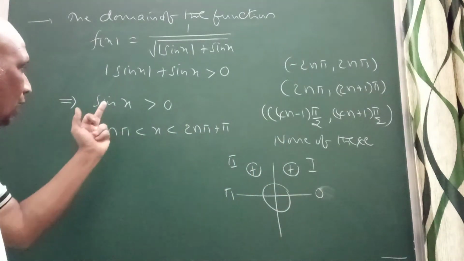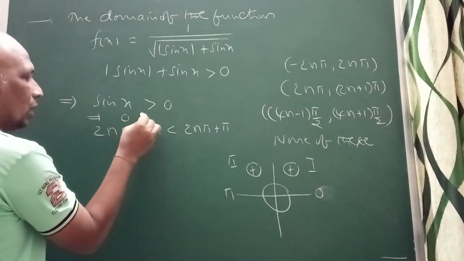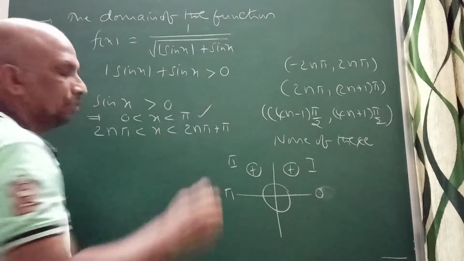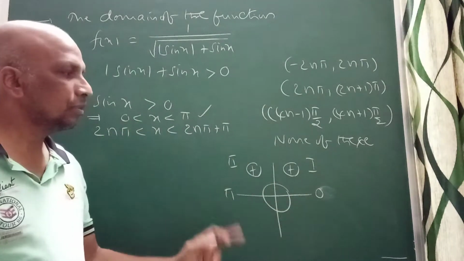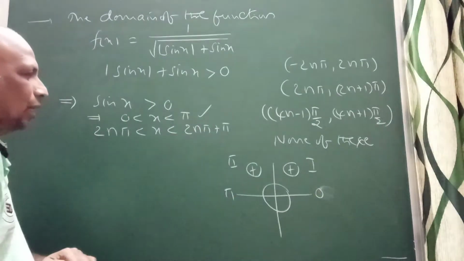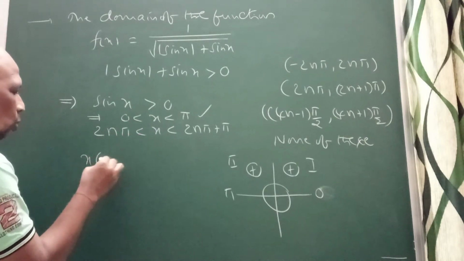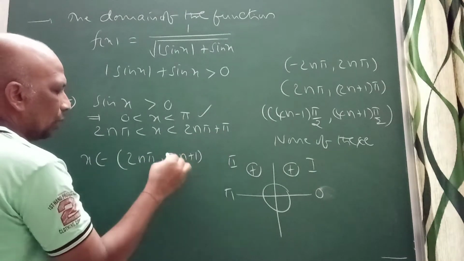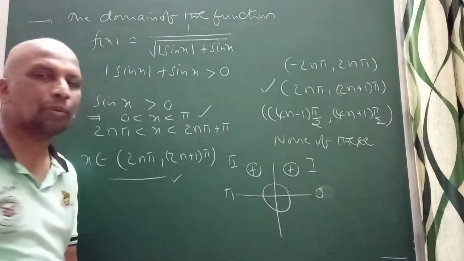So actually, sin x is greater than 0. Here I can consider, that means I can write the x value 0 less than x less than pi, correct? Sin x is positive, so x lies between 0 to pi. Positive, right? 0 to pi. Add the number of rotations 2n pi. Add 2n pi on both the sides: 2n pi plus pi. So that means here x belongs to the open interval 2n pi, you can take pi common, 2n plus 1 into pi. So your answer is this option, right? 2n pi to 2n plus 1 pi.